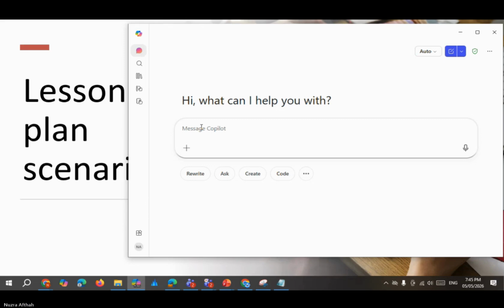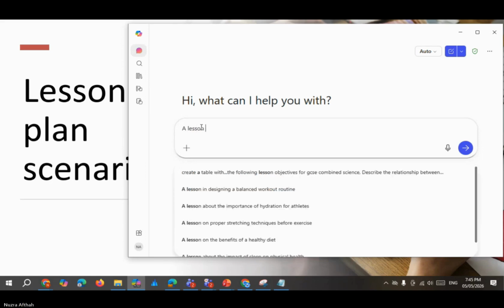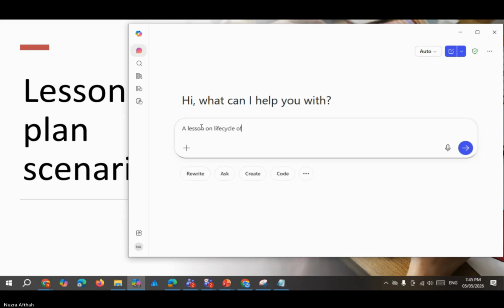The subject is the life cycle of stars. Okay, a lesson. May I know who this is? Because I'm sharing the screen. Priyanka, hello, how about you? Yeah, good. I'm just looking over this AI work and everything. Okay, a lesson on, what did you say? Can you please repeat? Life cycle of stars. Yeah. Okay, right. So let's